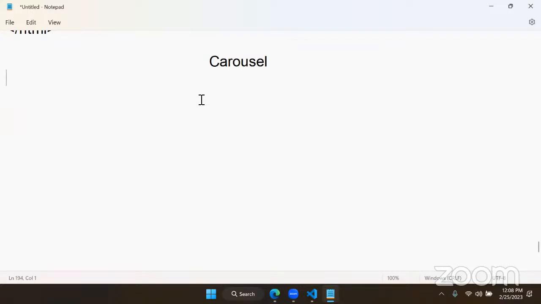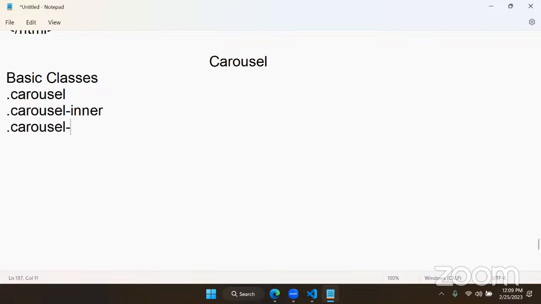I will show you. Actually, to create a carousel, these are basic classes. One is carousel. We have carousel inner, and we have carousel item. That's it. These are simple classes. These are the basic classes for designing a carousel. We have carousel, carousel inner, and carousel item. And